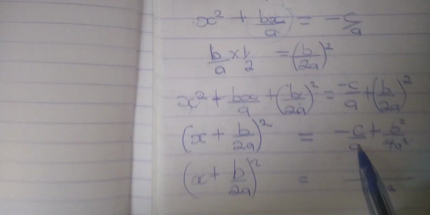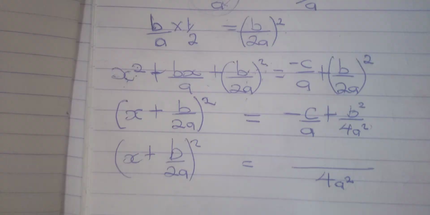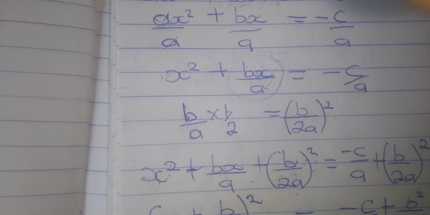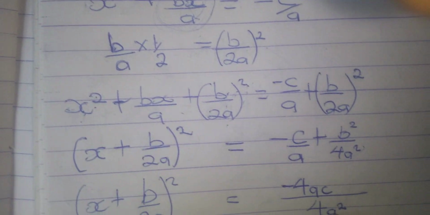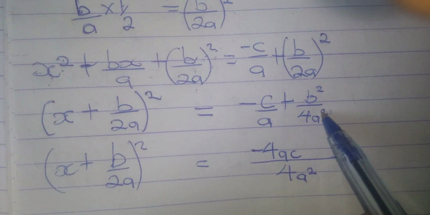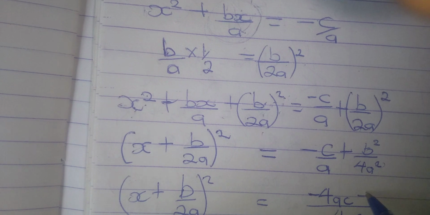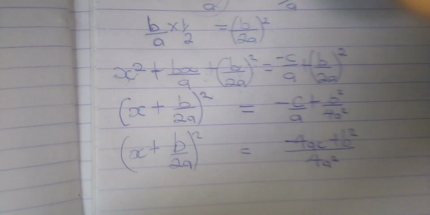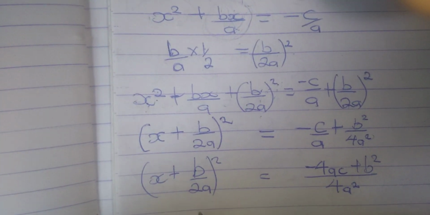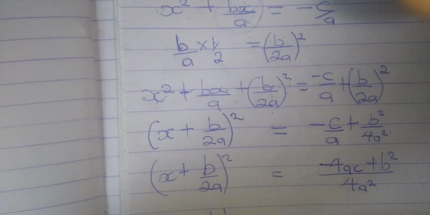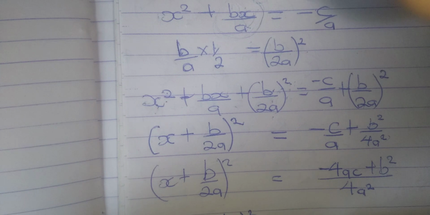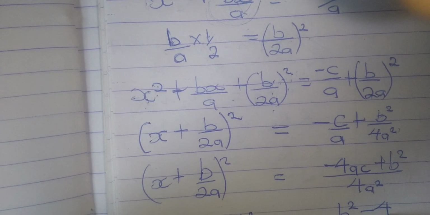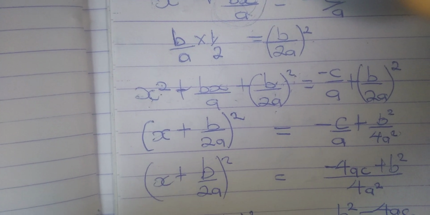We have seen that. Then we multiply it by the negative c, we get negative 4ac. Then 4a squared divided by 4a squared, we get a 1 times that, we get plus b squared. So that's what we have gotten. So we shall repeat this. B over 2a squared will give us, I can begin with this positive, b squared minus 4ac over 4a